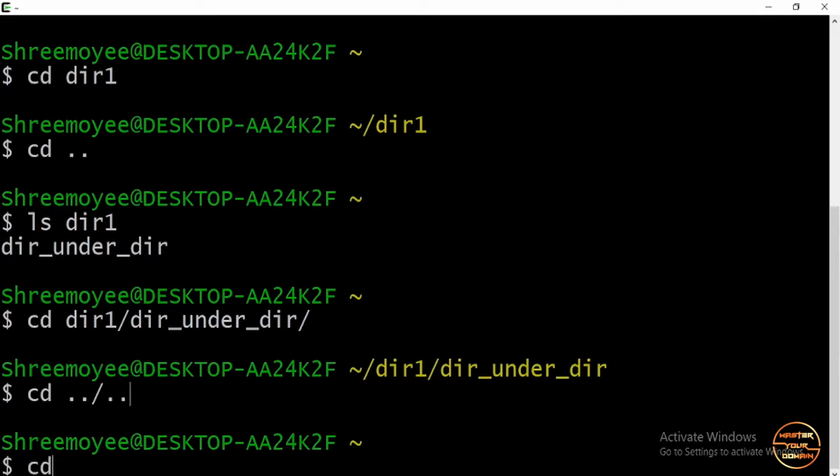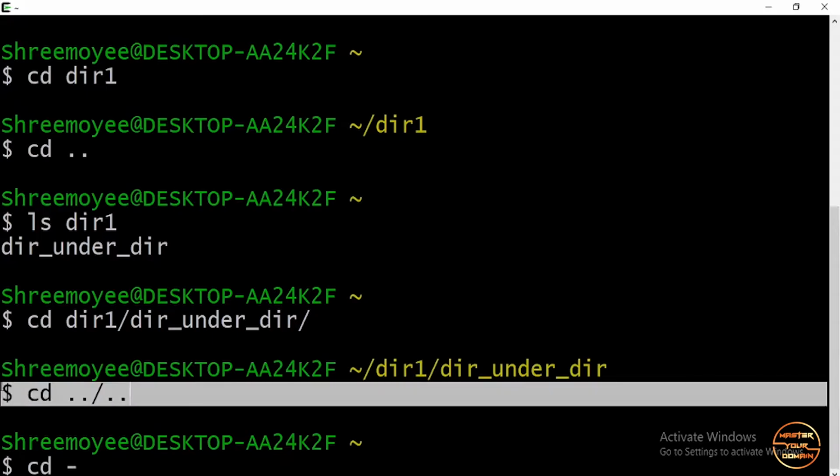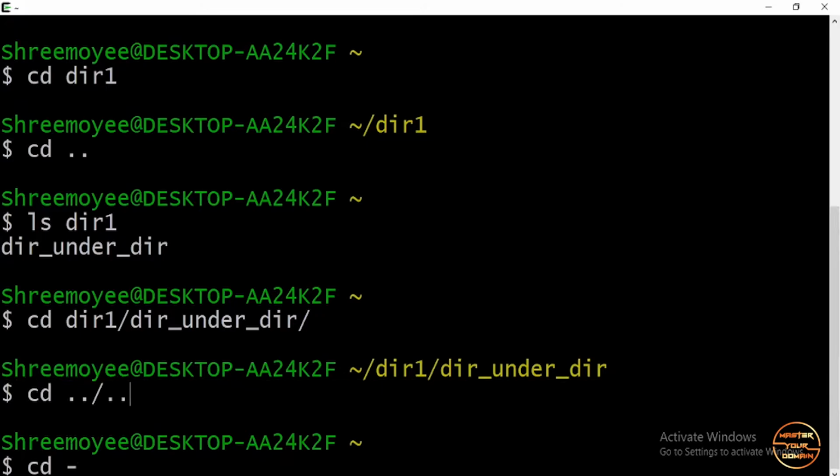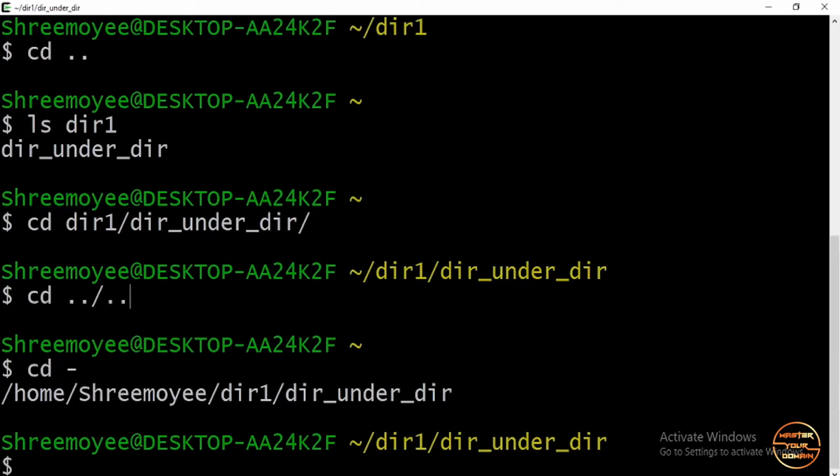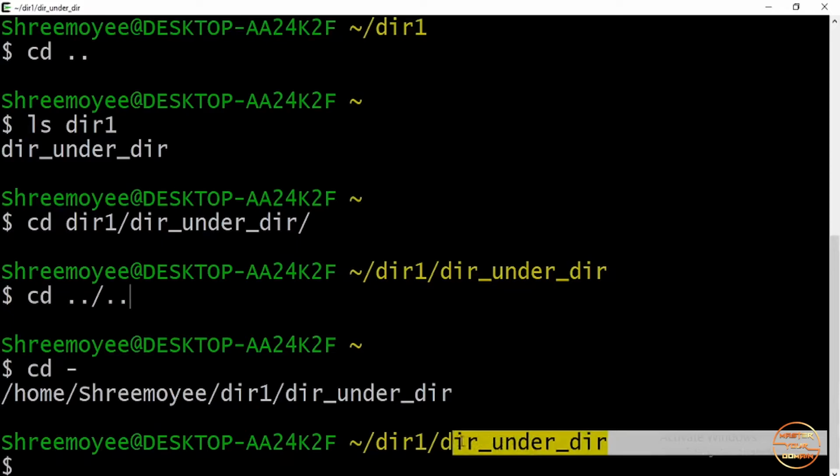So I can give cd then a minus. Minus means it's gonna take me where I was before the last cd command. So again I am in dir under dir. So it's very simple, isn't it?